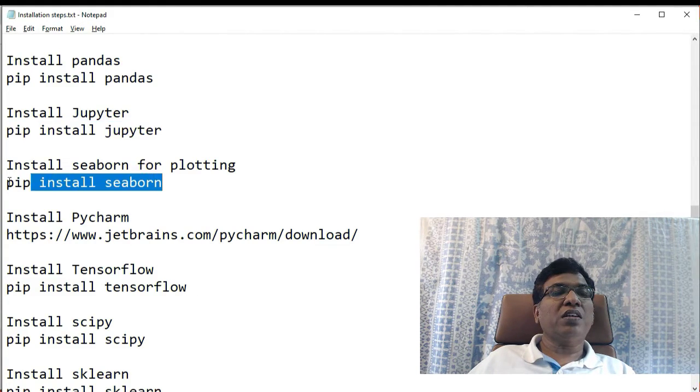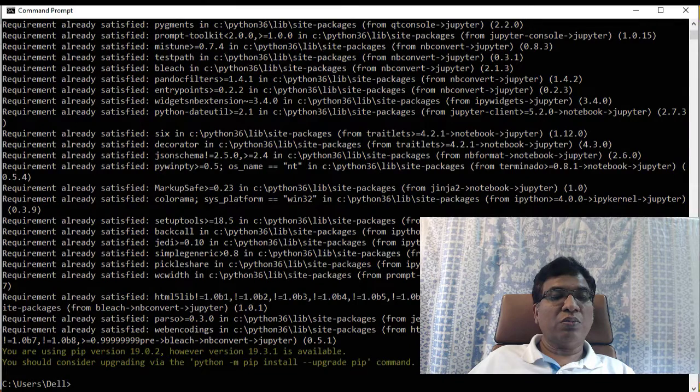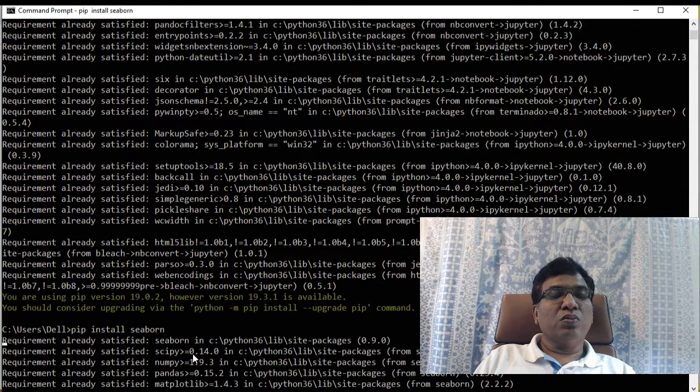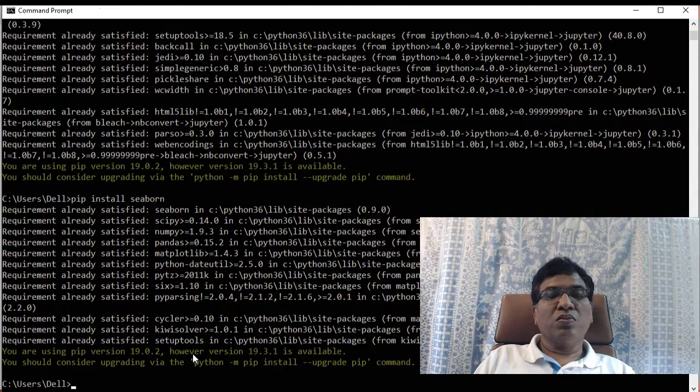Then you can install Seaborn. Seaborn is also an important library. It installs other libraries like SciPy, NumPy, Pandas and all. It is making sure they are all installed.